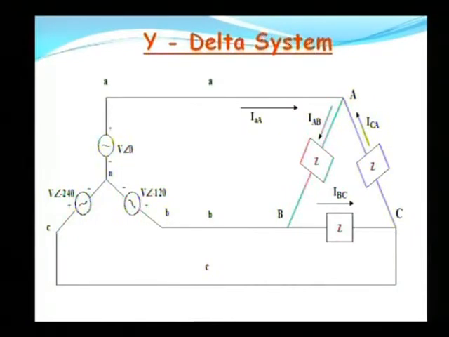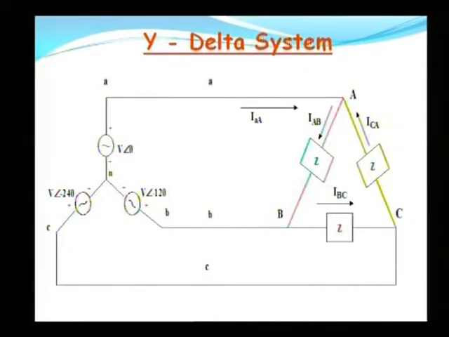You can also see that the B phase, B and N, is a voltage with a 120 degree negative angle. It means it's a lagging voltage with respect to your reference voltage, that is phase voltage A. And the last one, which is the C phase, that is also RY, and like the B phase, that is V, and the phase angle is minus 240 degree. It means they are lagging with respect to R by minus 240 degree, or 240 degree lagging.